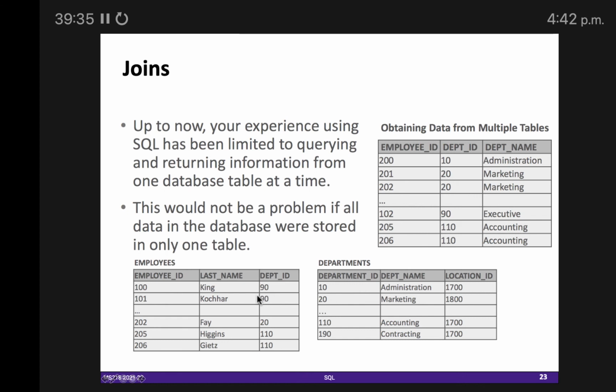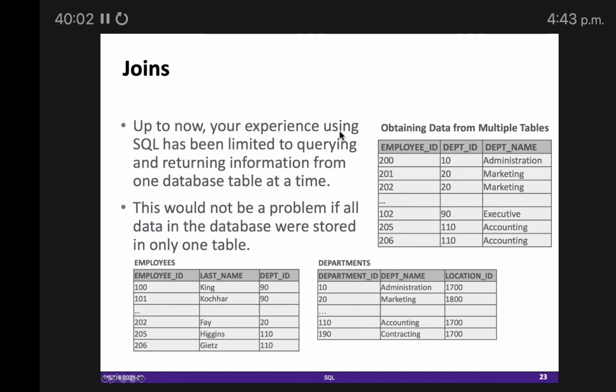And we also discussed that attribute names could be the same in different tables, no problem, right? Here it is not the same. Here it is dept underscore ID and here it is department underscore ID, but it is totally fine if employees also has an attribute named department underscore ID. There is no issue in terms of Oracle or SQL.